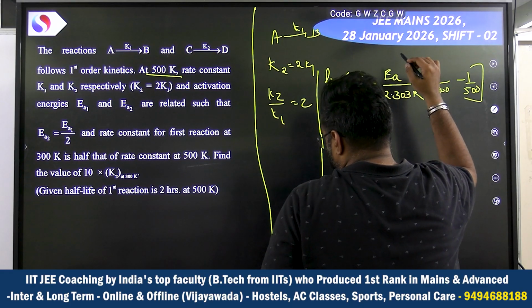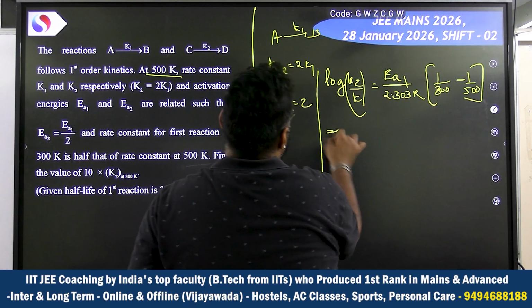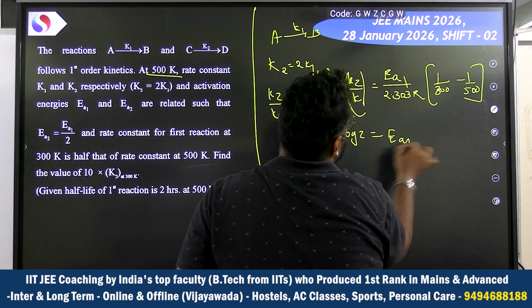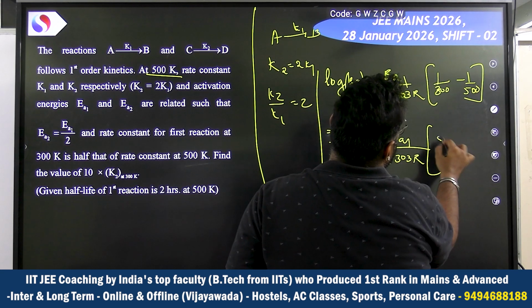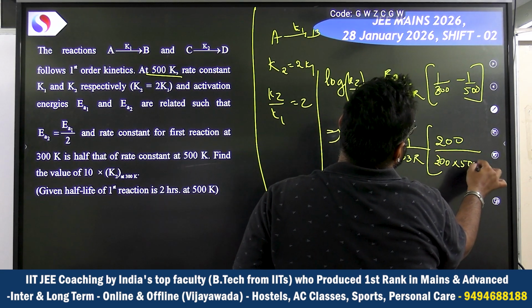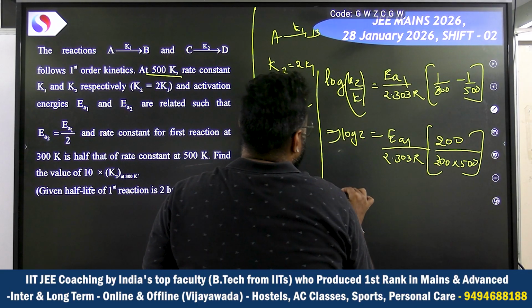And this is for the first reaction, so this becomes our EA1. So log 2 is equal to EA1 upon 2.303 R. This will be how much? 200 upon 300 into 500. On solving this completely, so we will have